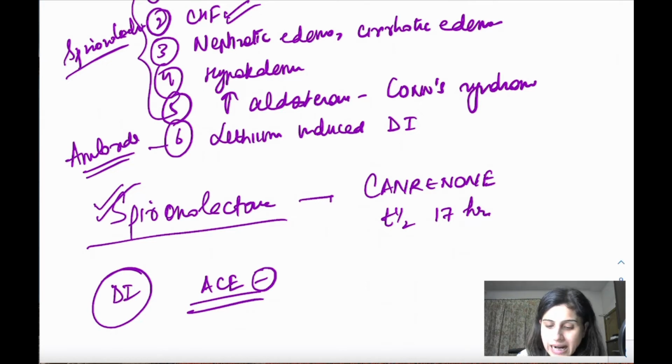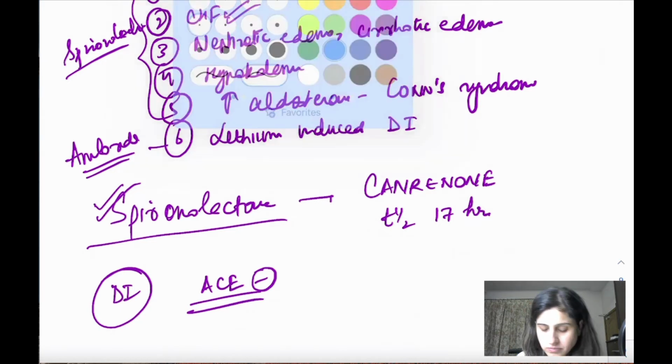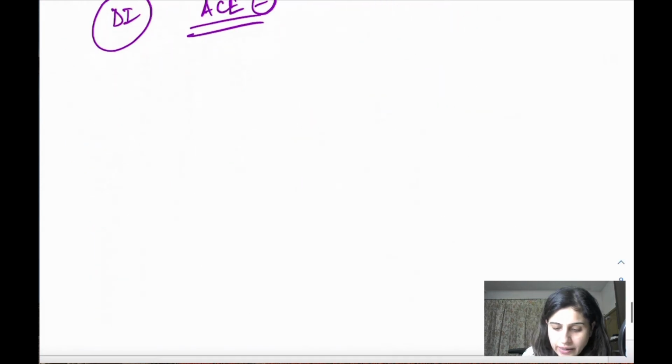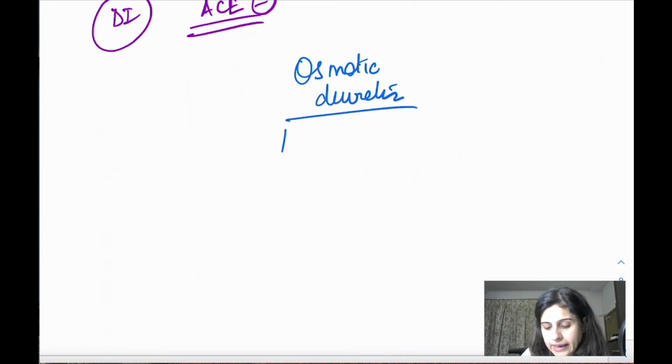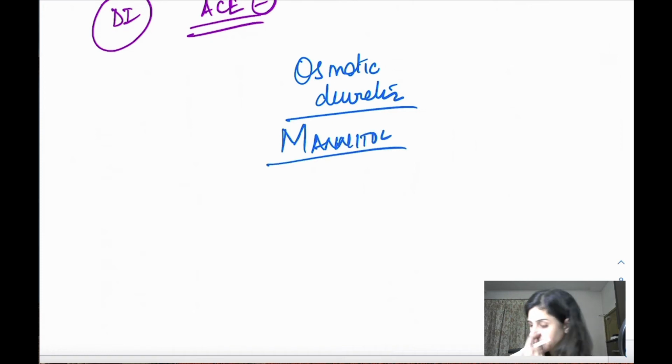Now let's come to the last group of diuretics, and we have the osmotic diuretics. Osmotic diuretics like mannitol. It's important for a drug to act as an osmotic diuretic. What is important to know is that this drug का खुद कोई effect नहीं होना. It should be inert. ठीक है? It should not be causing any action on its own.